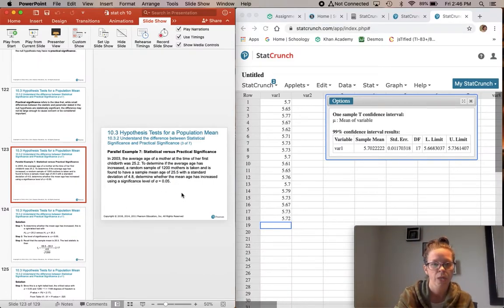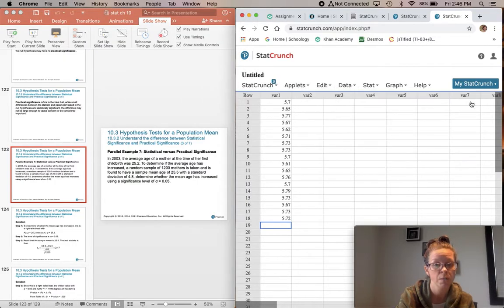In 2003, the average age of a mother at the first time of childbirth was 25.2. To determine if this age has increased, a random sample of 1,200 mothers, so a big sample, is taken and found to have a sample mean age of 25.5 with a standard deviation of 4.8. Determine whether the mean age has increased using a significance level of alpha 0.05. Okay, so